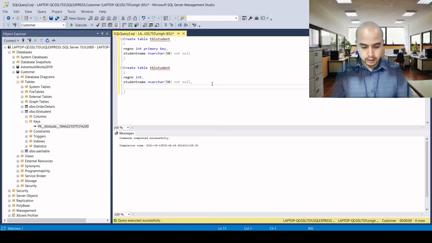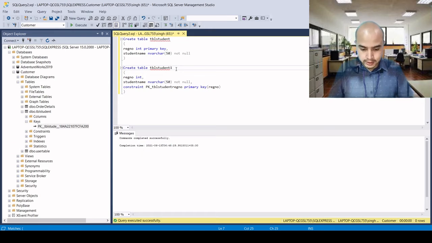a user defined primary key. So the syntax of the primary key is, first we need to write the constraint. We need to give the name of that constraint. Constraint name is PK, TBL student, or registration number. Which constraint do you want to apply? Primary key constraint. And on which field do we need the constraint? We need it on registration number. That's it. That is the syntax.